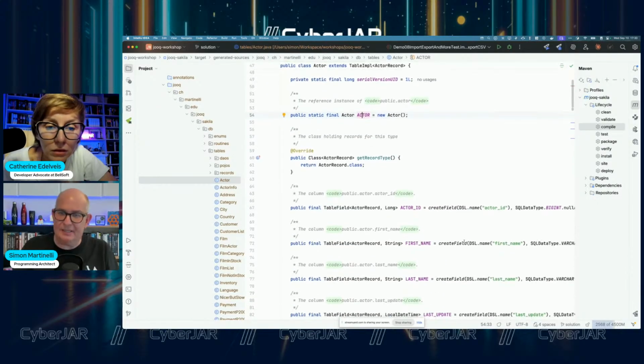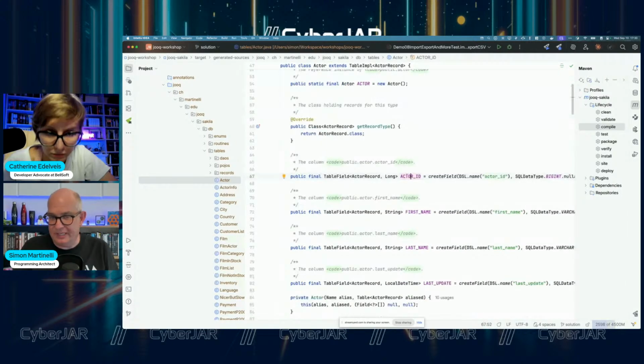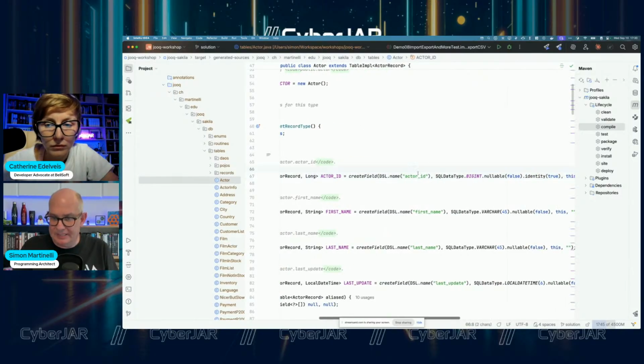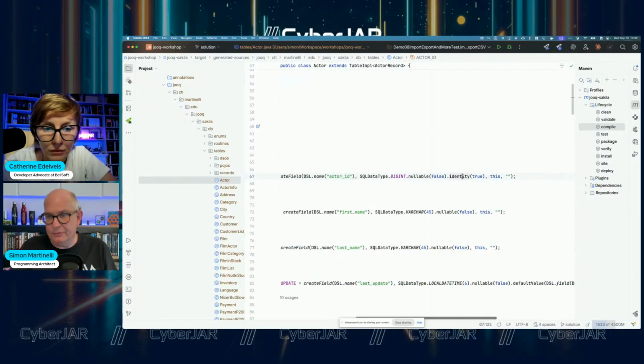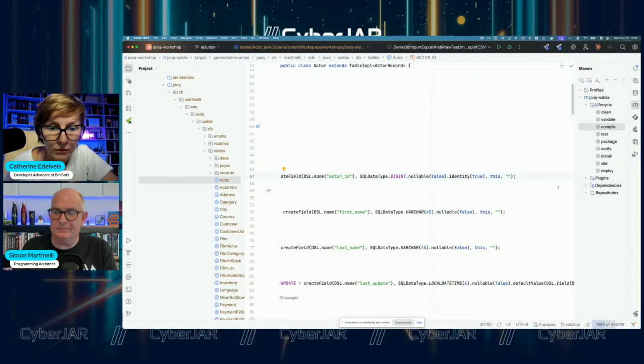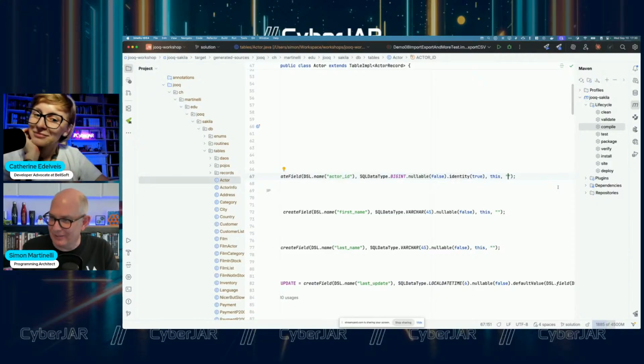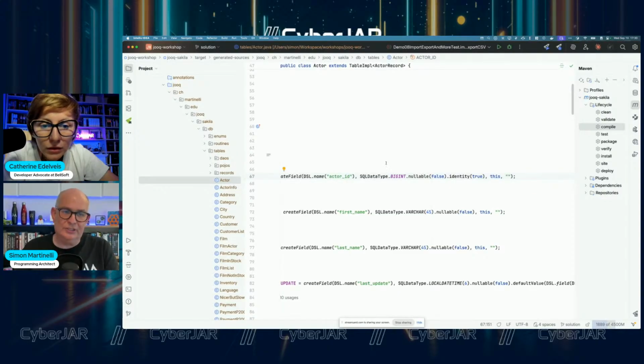And then we see the columns, and here we have a lot of metadata, right? We know the type, so the Java type in that case. We know the database column name, we know the database type, we know if it's nullable or not, we know if it's a primary key or not. And here, if you are a good database developer, you also comment on tables, you add comments to database columns. So that means you would see the comment of the database also in the Java code, so you don't have to look at the database table. You can use the comment in the Java class. So that's one thing JOOQ generates.